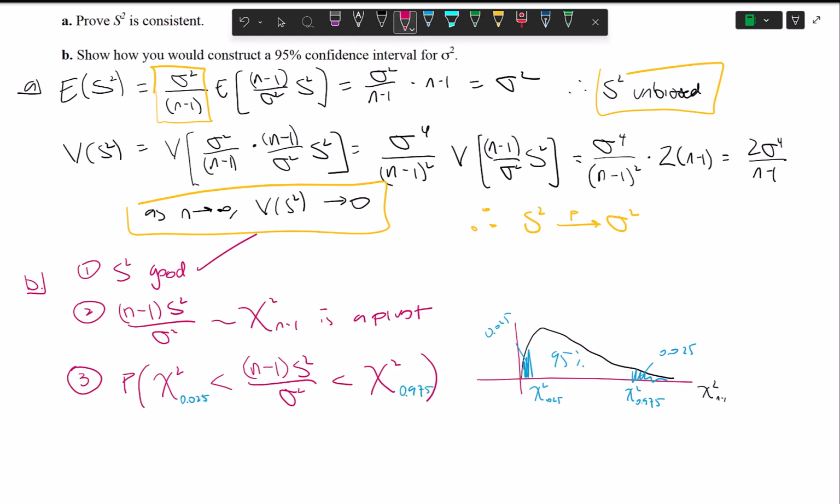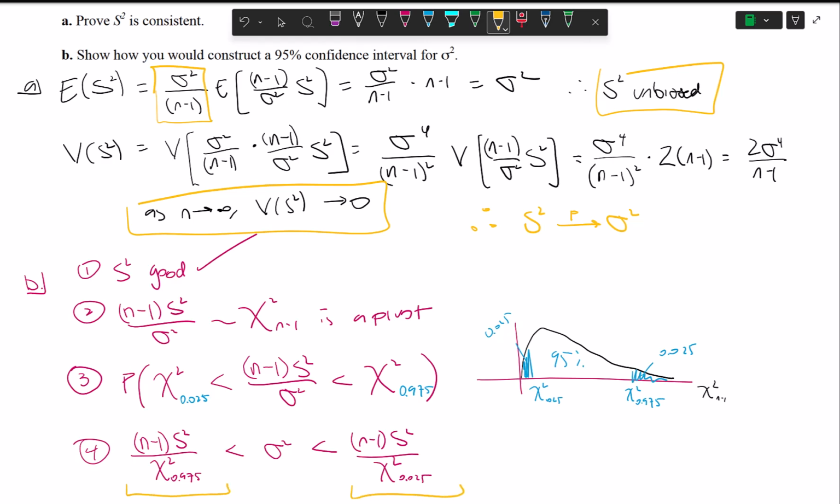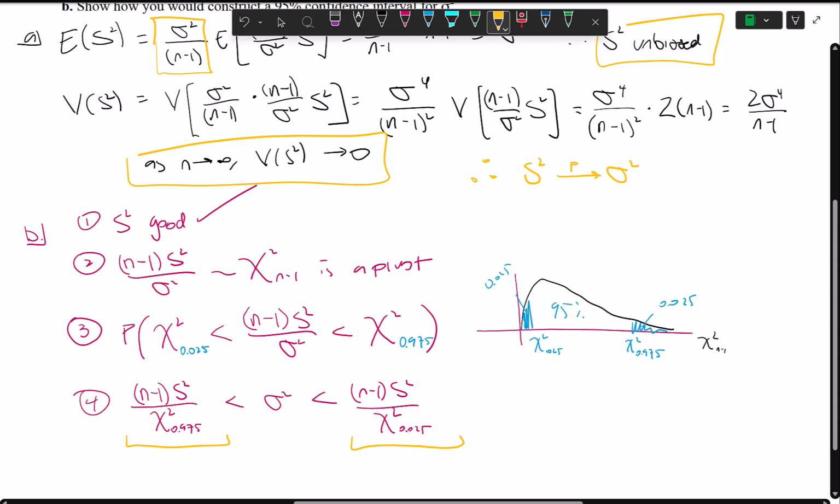And then the final step in the pivot method is you want to solve for sigma squared in the middle. Okay, and what that's going to lead to is (n minus 1) s squared over chi-squared 0.975 less than sigma squared less than (n minus 1) s squared over chi-squared 0.025. So our confidence interval will be our lower on the left and our upper